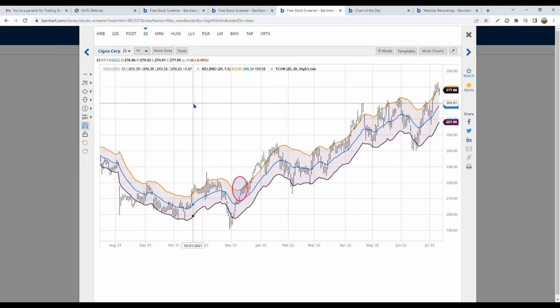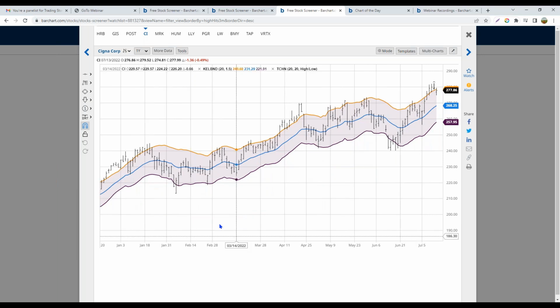Okay, so again, as a trader, first of all, Keltner bands are very similar to Bollinger Bands. Bollinger Bands are based on the statistics of standard deviations. Keltner bands are based on a formula that is very similar to what is called average true range. As a trader, what I kind of want to do is kind of similar to what we just saw in the unbalance. I like to see when my stock price goes from low to high in my bands. And then again, one of the processes I'm going to look at